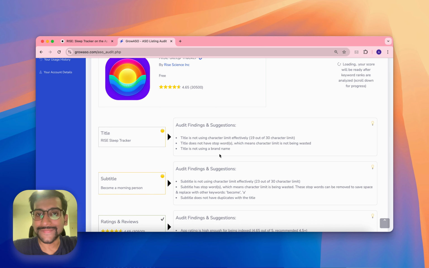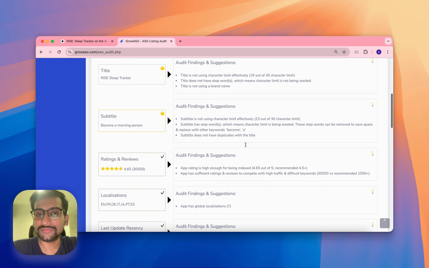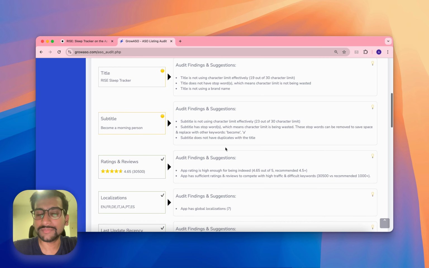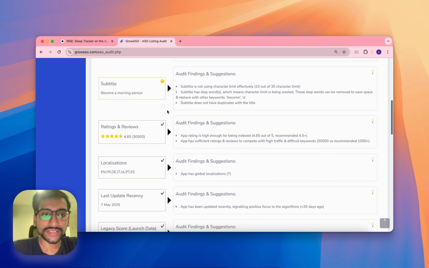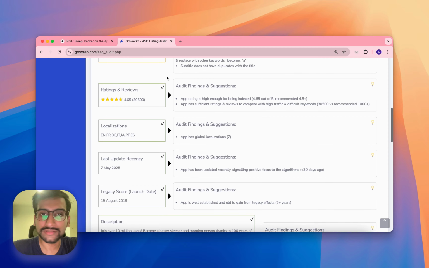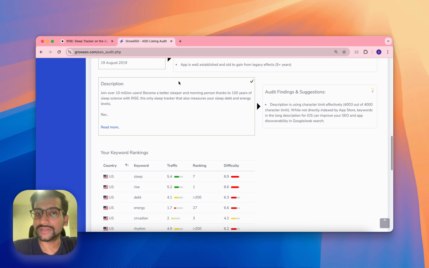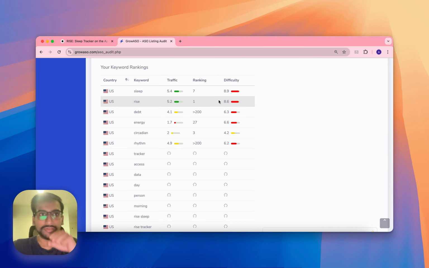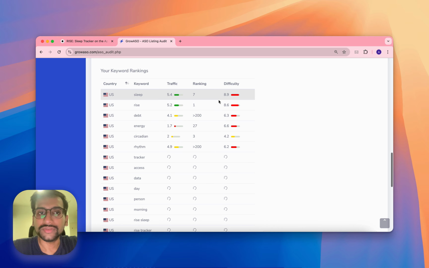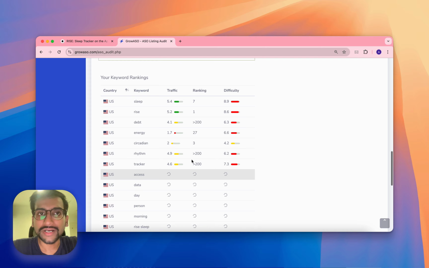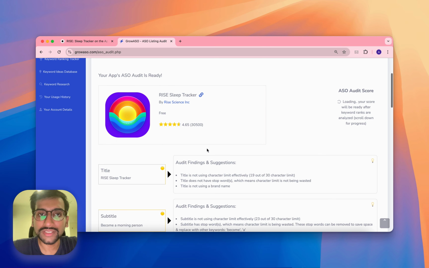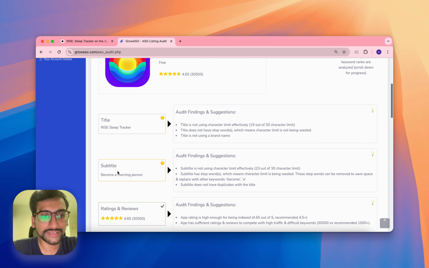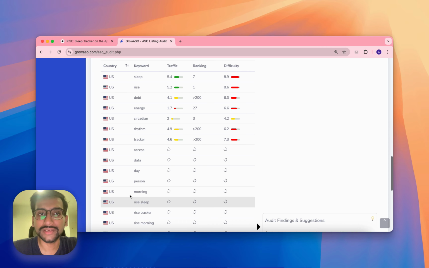But the interesting thing is, as we keep going down, most of these are yellow. So these two are yellow. These look okay. The description is fine. Now when we start seeing the keyword rankings, we see that there are multiple keywords which are actually part of their store listing items, the subtitle and the title, but they're not really ranking well for them.